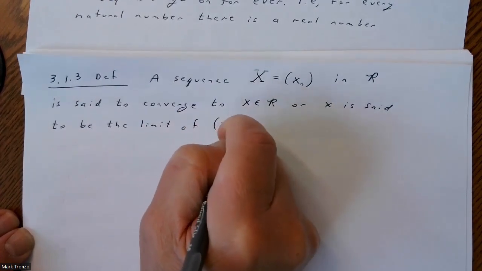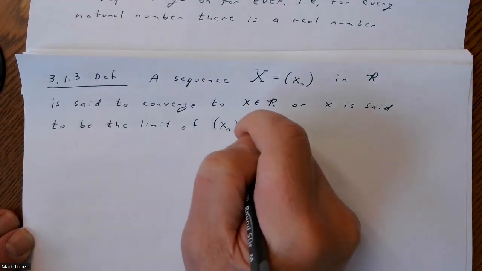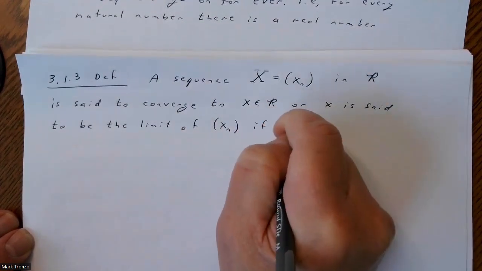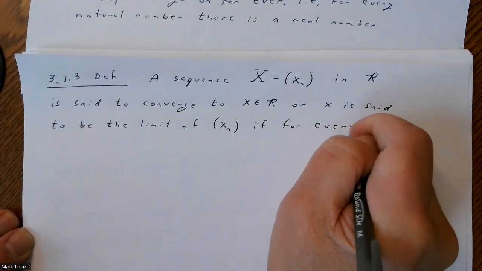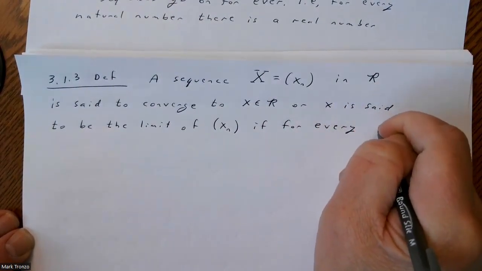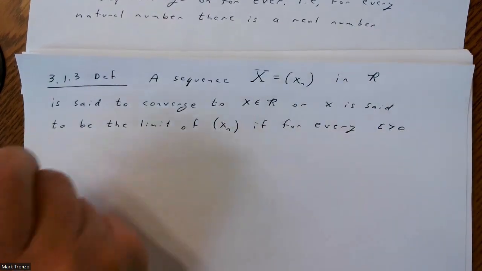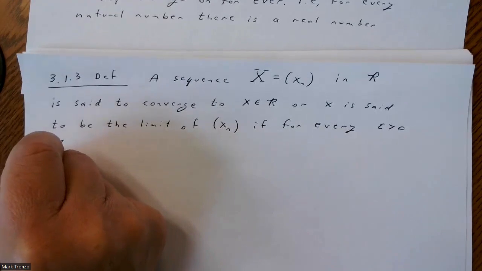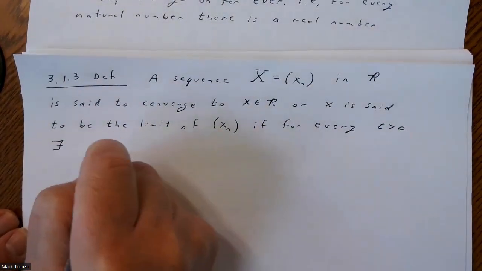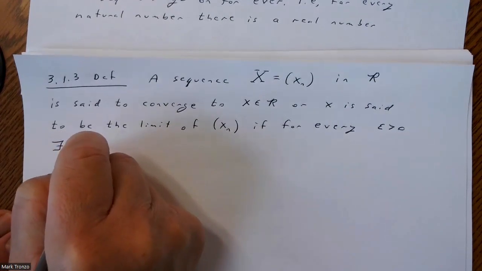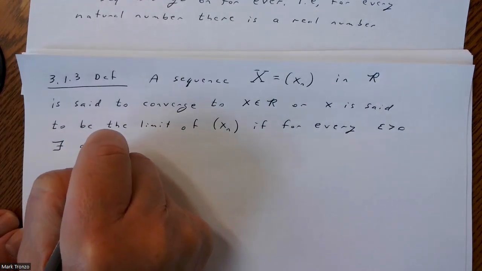Again, maybe if you represent it this way, if for every epsilon greater than 0, there exists, I'll use the notation we've been using, a number, and I should say, really should say a natural number,